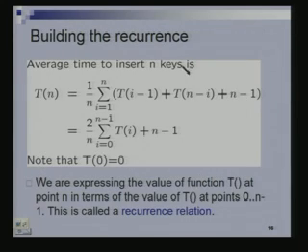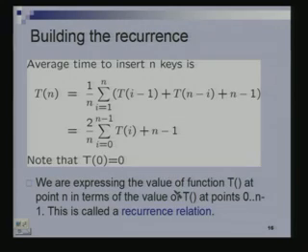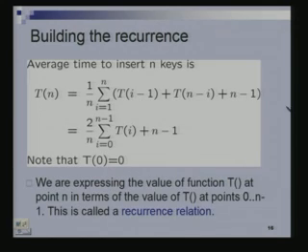So, now what is the average time to insert n keys? This is the total time. So, this divided by n factorial would be the average. So, I have just divided that by n factorial, and this is what I would get. Just to make sure, this divided by n factorial will give me 1 by n, and this expression is just this that I have written, i going from 1 through n, right.